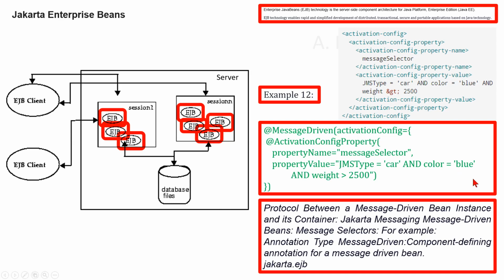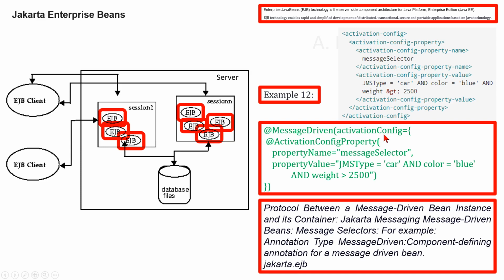The bean provider may declare the Jakarta messaging message selector to be used in determining which messages a Jakarta message-driven bean receives. If the bean provider wishes to restrict the messages that the Jakarta message-driven bean receives, the bean provider can specify the value of the message selector by using the activation config element